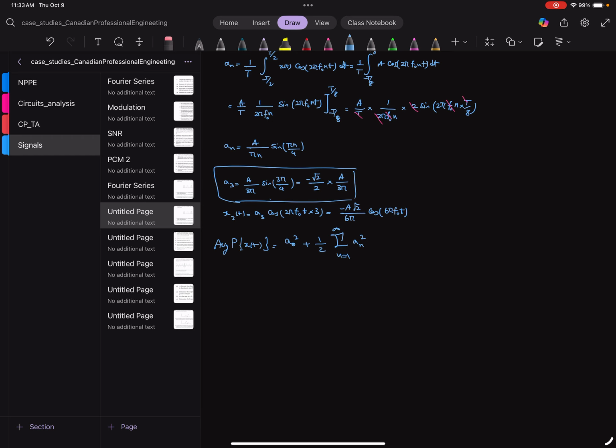We have the 1 over 2 because it's the cosine, and a0 is basically a DC signal, so it just multiplies by itself. And then average power is going to be, because we found a0 to be a over 4,